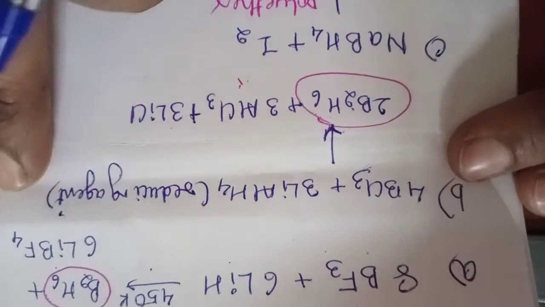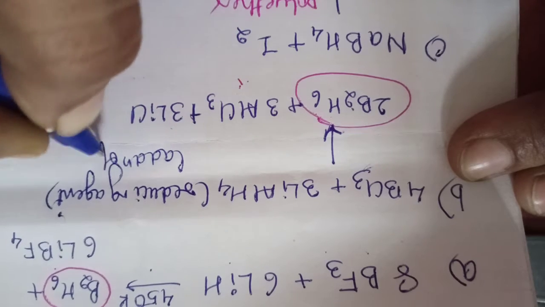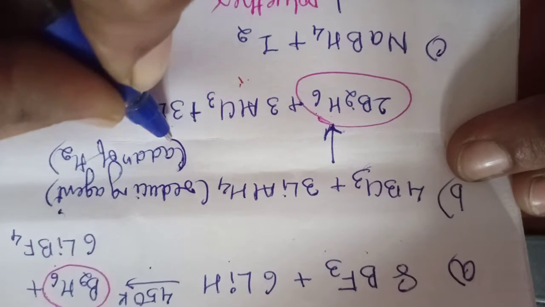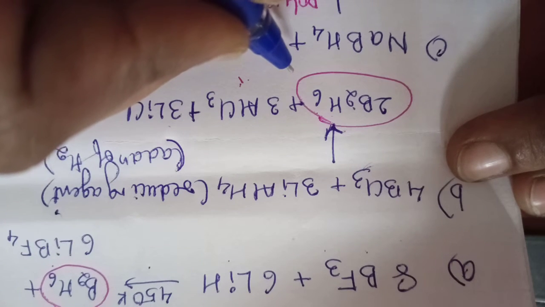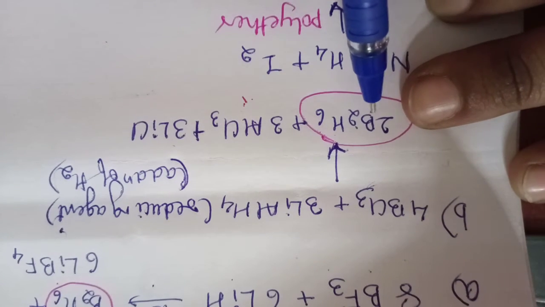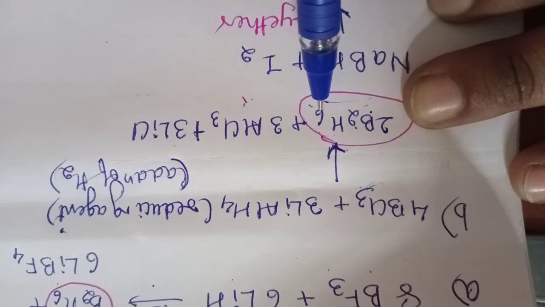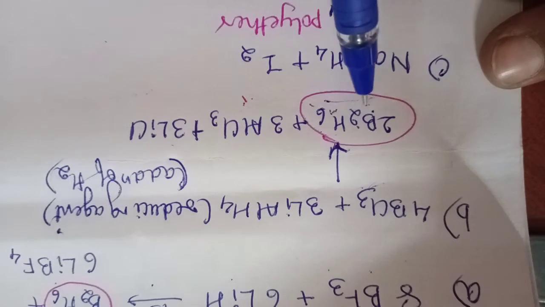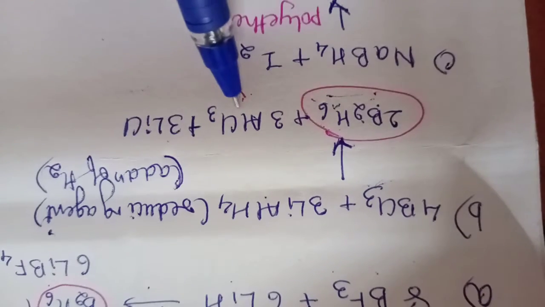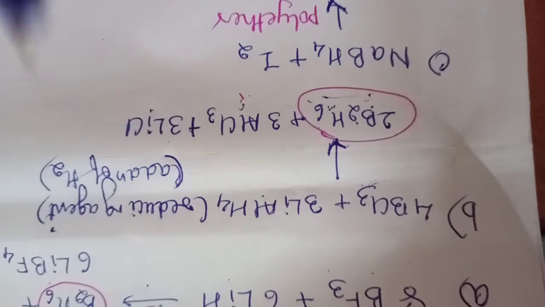Now see, reducing agent means what? Addition of hydrogen takes place. Reducing agent means addition of hydrogen will take place in another element. It will reduce the other element. So here you can see initially it is boron halide, now it has formed diborane, B2H6. Addition of hydrogen has occurred in boron due to the presence of this reducing agent. It gives AlCl3, which is a Lewis acid, and LiCl is formed.